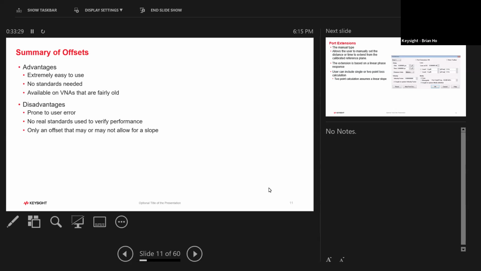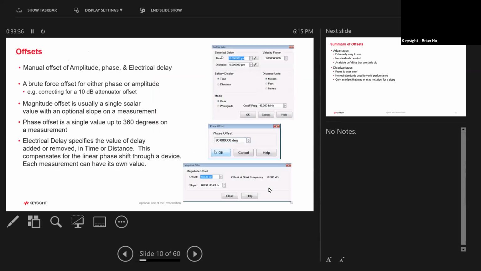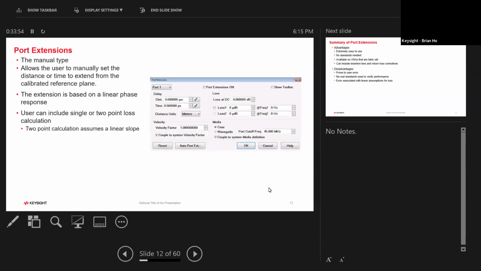So anyway, moving on. Port extension. So this is port extension again. The difference between this and that is these are separate line items. You can see the electrical delay is just changing the delay. The phase offset is changing the phase; usually when it's at zero phase, you're changing the phase, so it offsets the phase it's at. Magnitude is the magnitude of what's coming out. They're separate ones. Port extension essentially is the same thing, but we have it all in one setting where we